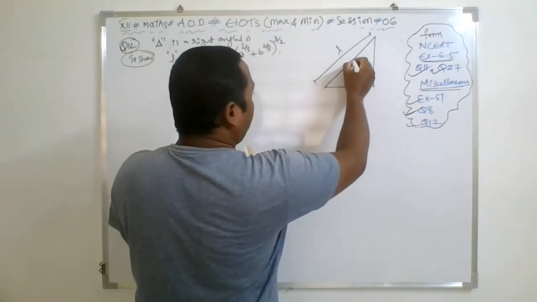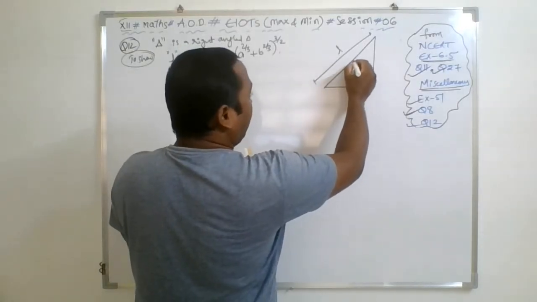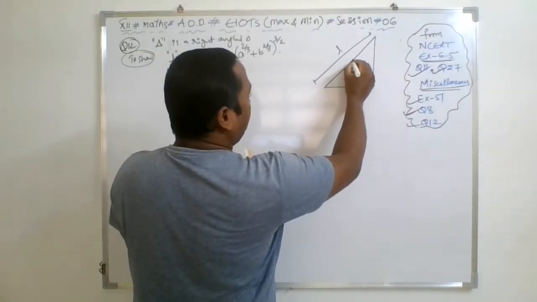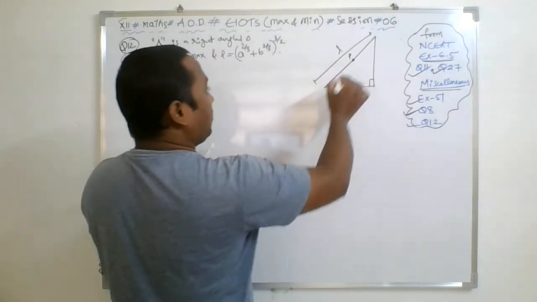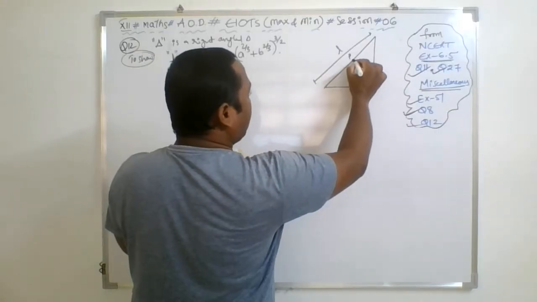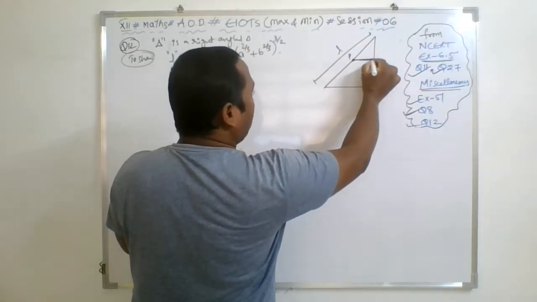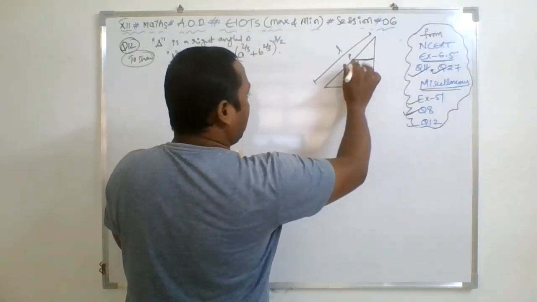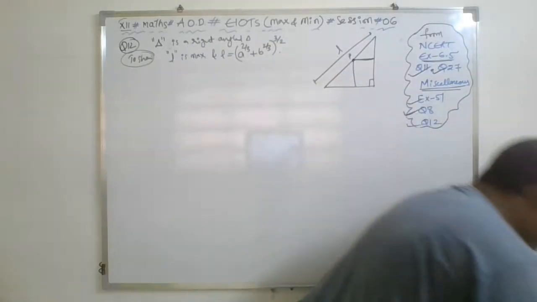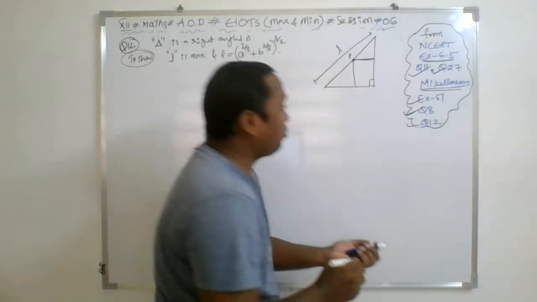And there is a point, not a midpoint, it may be a general point. There is a point P on the hypotenuse which is maintaining some distance from both the legs of the perpendicular, right? You maintain a distance of A units and B units from the sides of the triangle.